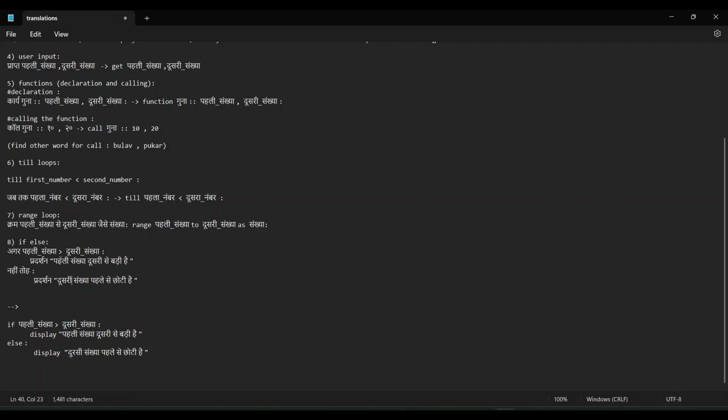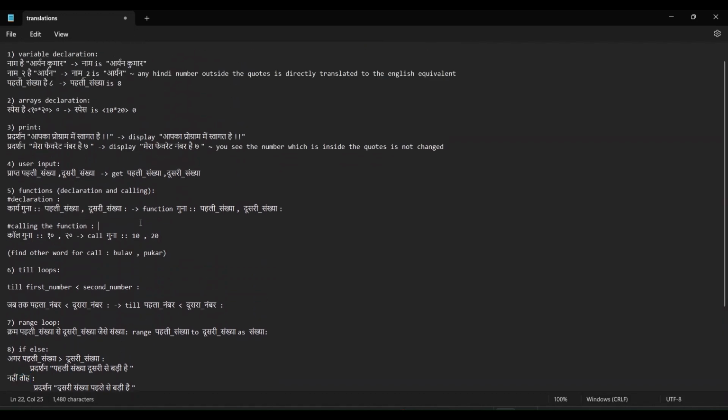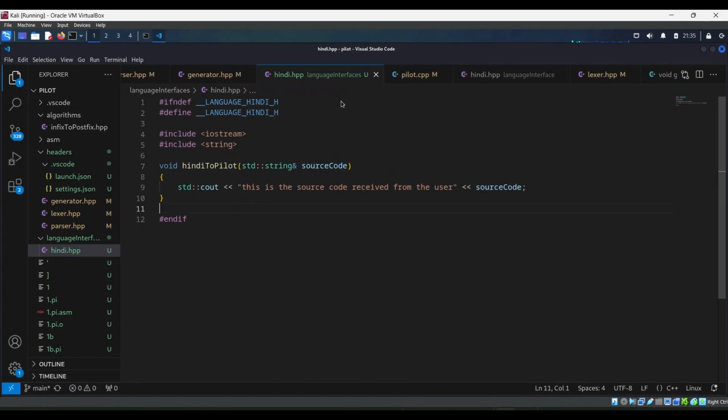Wait a minute. If this is false, दूसरी is greater than no. So I don't know what's wrong with me, but दूसरी संख्या पहली से बड़ी है. Yeah. And this gets translated, the agar gets translated to if, and the nahi to gets translated to else. So that's the thing. So if I just open up my system over here, you see I have this empty